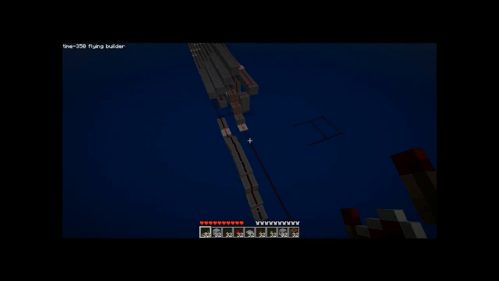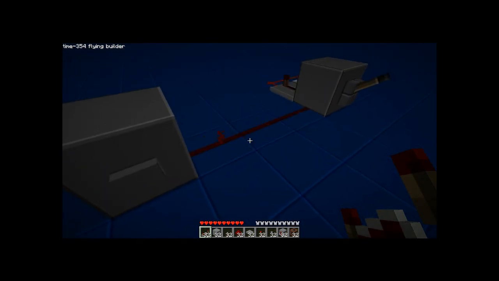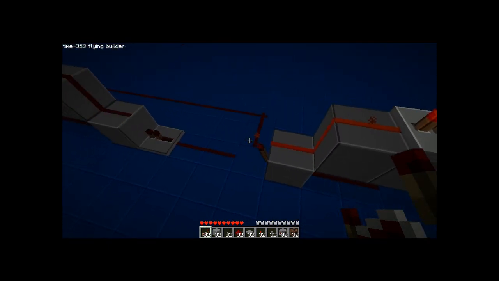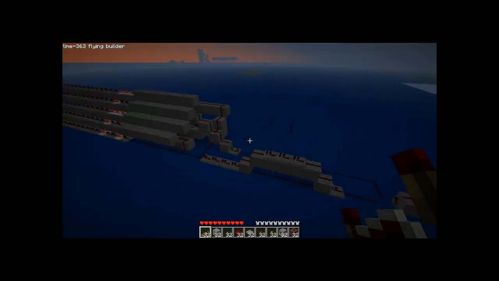So that's all the decoder and stuff from the A. And all this comes from this one little pulse right here, from this clock. It gets turned into a tiny 1-tick pulse, and then this splits, and then all this. So